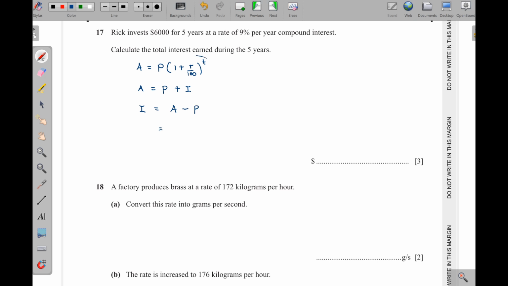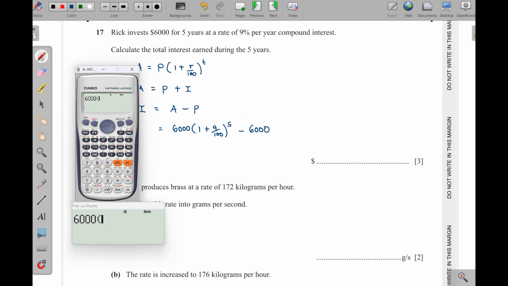So what is going to be our amount? I'm going to substitute in here. So that is 6,000, then into 1 plus R, which is 9%, and then our T is 5. Then we shall subtract 6,000. Then what do we get? And since this one is an amount of money, usually we write our answers to 2 decimal places when it comes to money. So what do we get altogether here? 6,000, then times 1.09 inside the brackets, then to the power of 5, and then we subtract 6,000. So we get